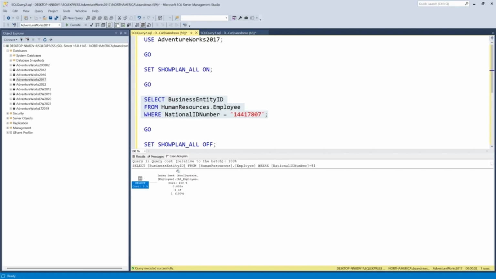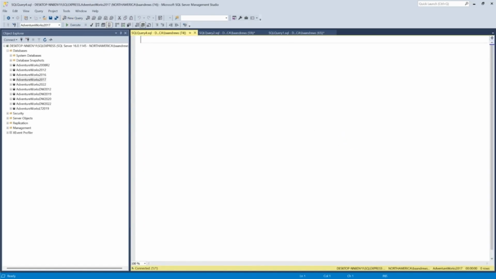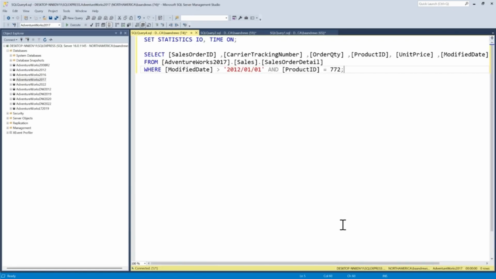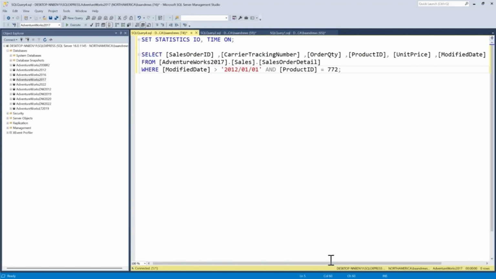The other thing I'm going to note here is that we could also look at a suboptimal query plan. We're going to do a number of these to resolve this and see what we get. So we're going to resolve for a suboptimal query plan. Here's the query that we want to look at. When you take a look at this query, you can see that it's actually asking for a lot of fields, 6 fields, and we're also filtering by date and by product ID for the sales order